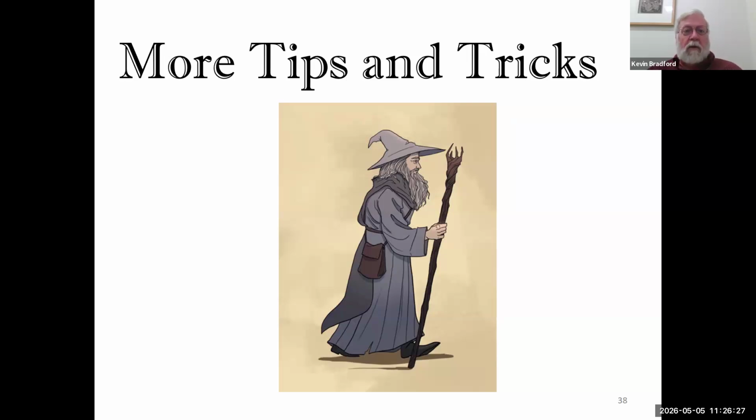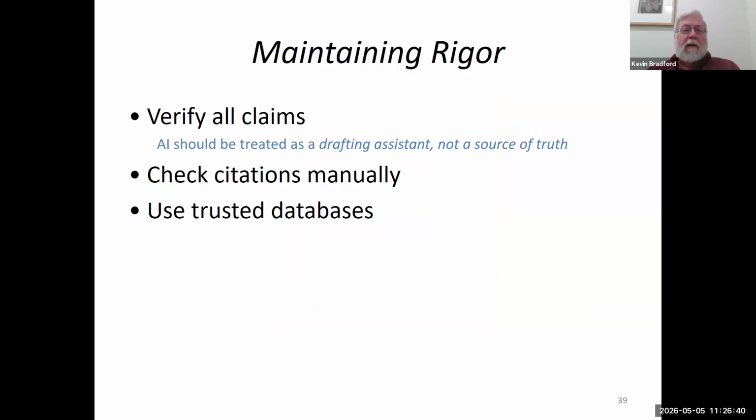So we've gotten through the six main prompting types, and there's a few other items that we need to address before our conclusion here. First is you'll want to maintain rigor and use these prompting tools and AI to help with that. Always verify AI generated claims, however. AI is not a source of truth. It's just a simple calculator. Well, not quite so simple. Not a brain. We are the ones that bring the brain to this.